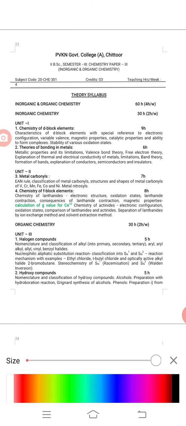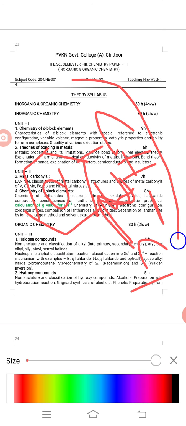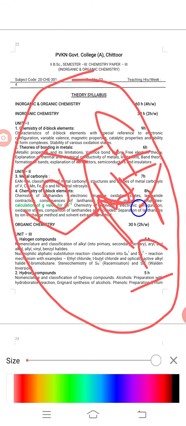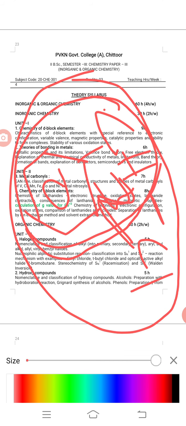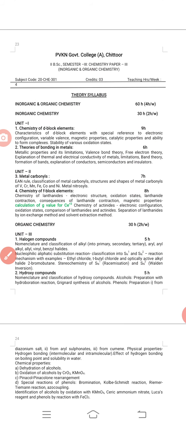Benzyl halides are also very easy. We have benzene containing CH3. It is called toluene. Instead of removing one hydrogen, CH3 is converted to CH2. Now add Cl. This is benzyl chloride. Overall, this part is benzene and the CH2 group is benzyl chloride. So this is the classification of benzyl halides.